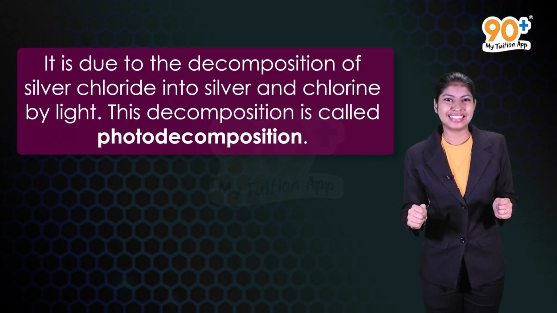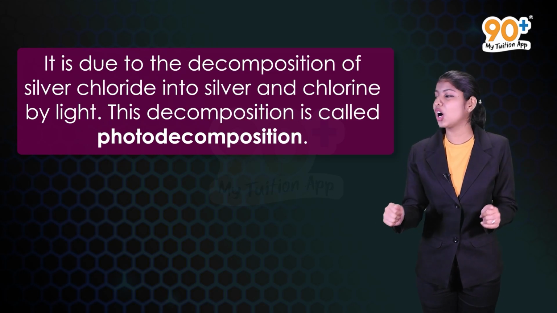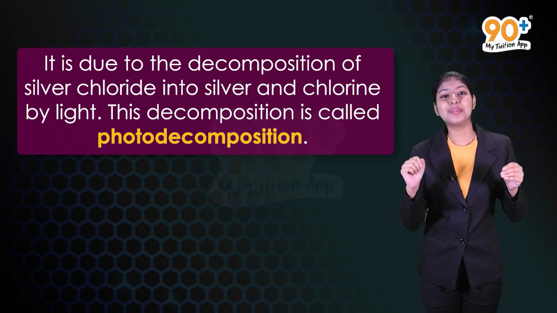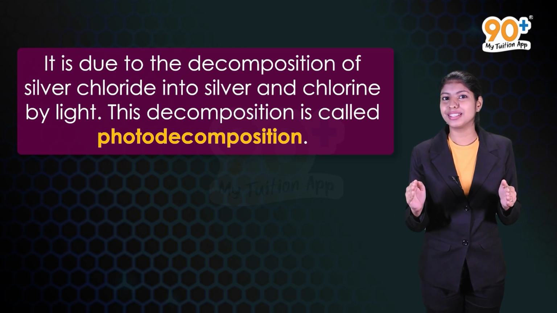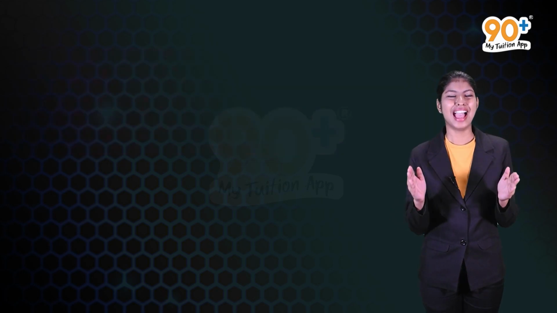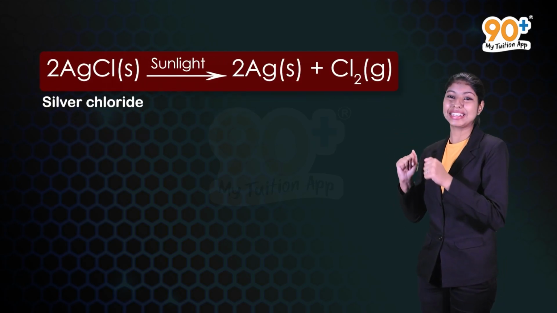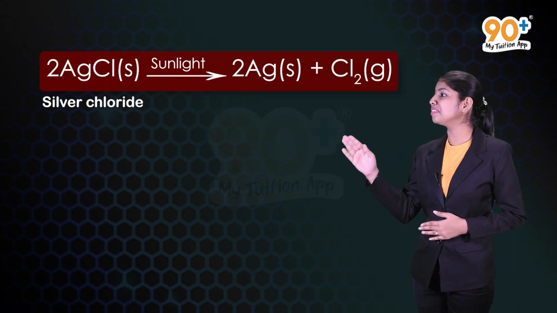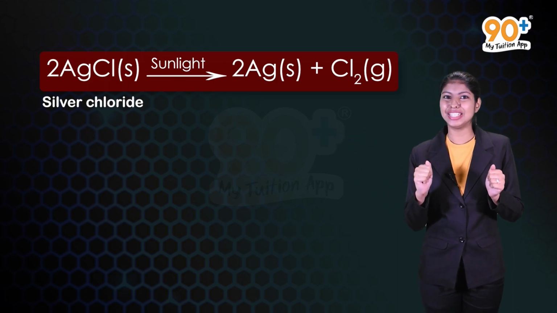chlorine by light. Such decomposition is called photodecomposition, which means decomposition taking place in the presence of light. And here is the chemical reaction, that is 2AgCl in the presence of sunlight gives 2Ag plus Cl2, and we